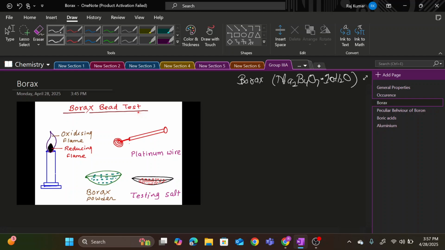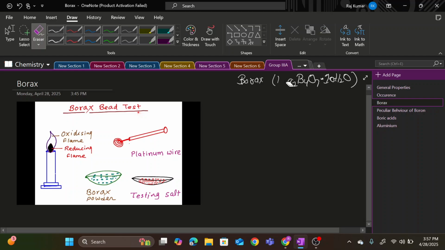This is something that needs to be understood. Basically, borax, also known as sodium tetraborate, the sodium salt of tetraborate,